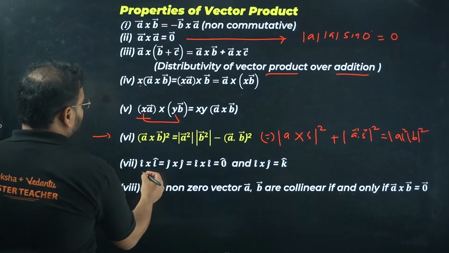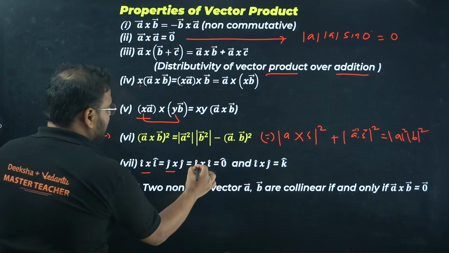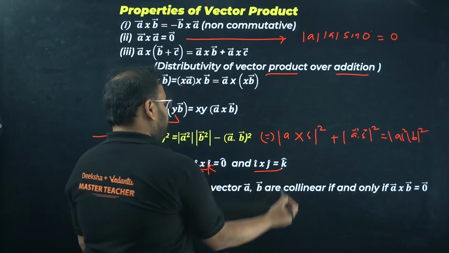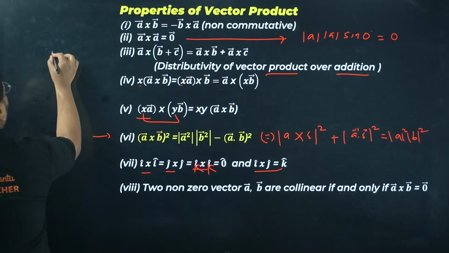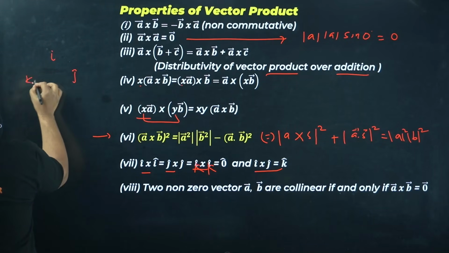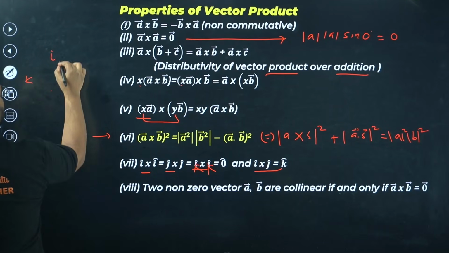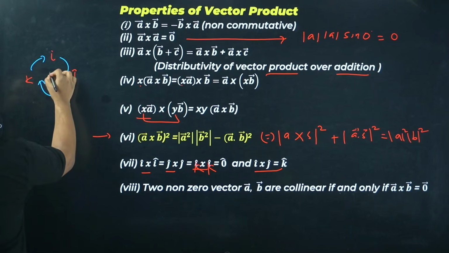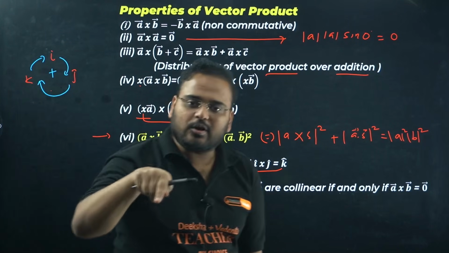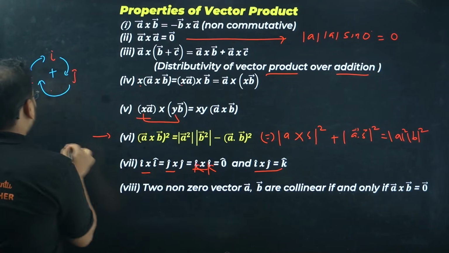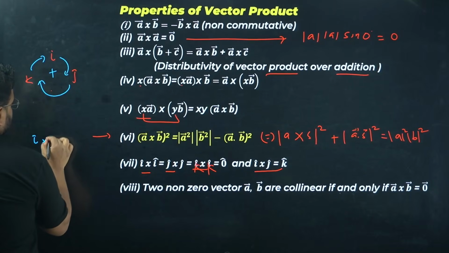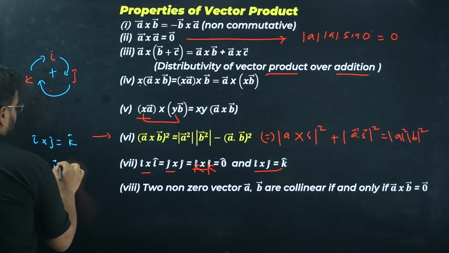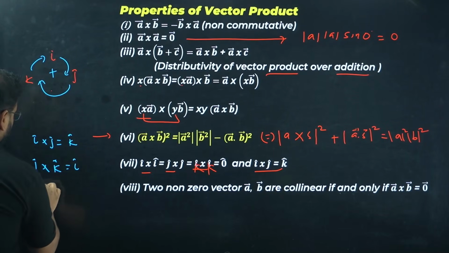Very important. I cross I, j cross j, and k cross k is always 0. Okay, but I cross j is k. How do you go about this? Simply write here I, j and k. If you go in this order, I to j, j to k and k to I, it's always positive. I cross j, the result is k cap. If you go j cross k cap, the result is I cap,